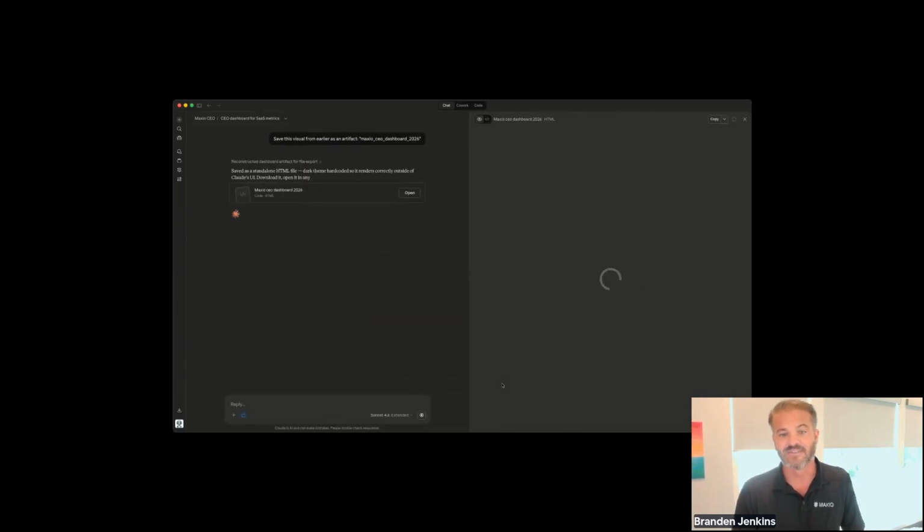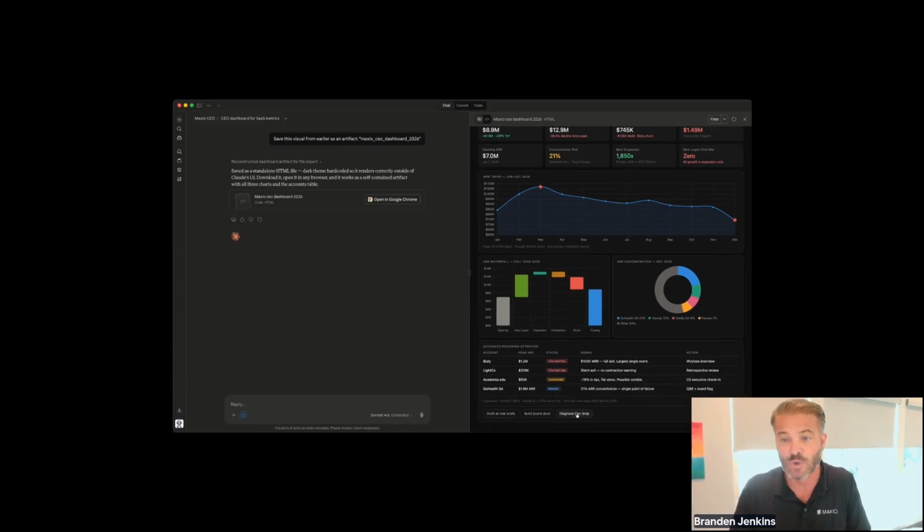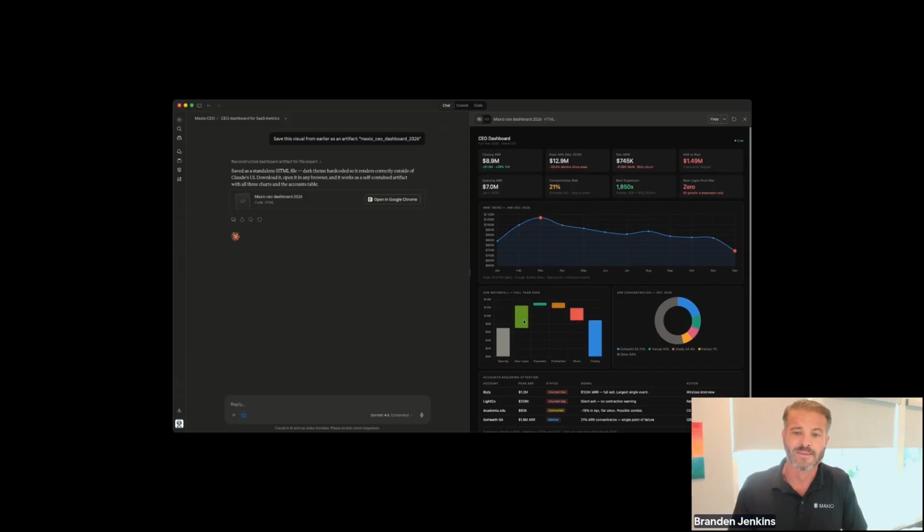And then here I'm saving it as an artifact, which you can share with your team so everyone can run it. You could also take this code and deploy it to a third party like Vercel or one of the other options out there if you want to make this more of a hosted, productized thing. But you can start to see how you can develop apps and extensions to Maxio as a result.